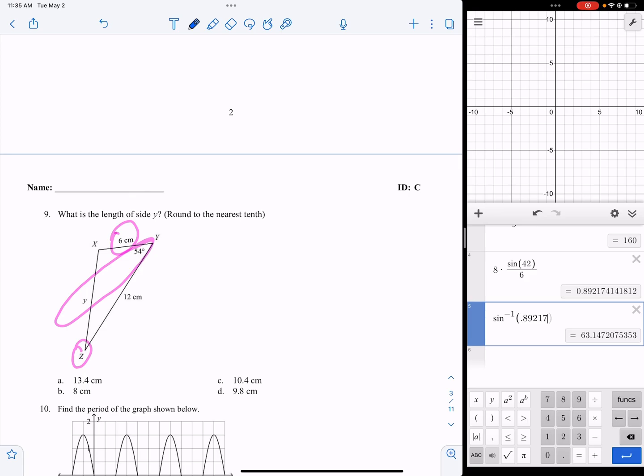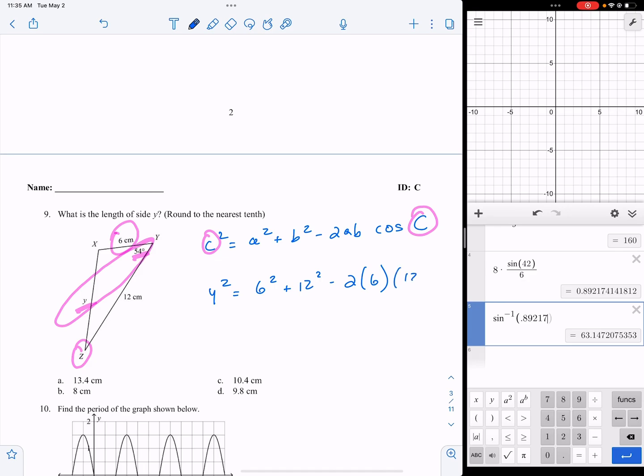So we've got to do C squared equals A squared plus B squared minus 2AB cosine C. This C and this C go together, meaning the 54 with the Y. So Y squared equals 6 squared plus 12 squared minus 2 times 6 times 12 cosine